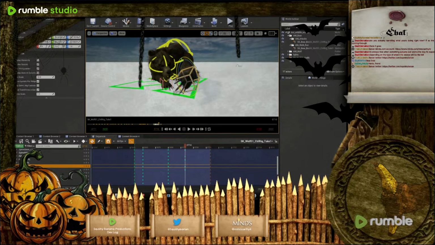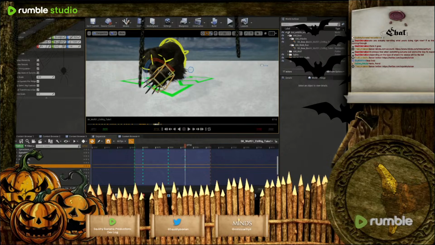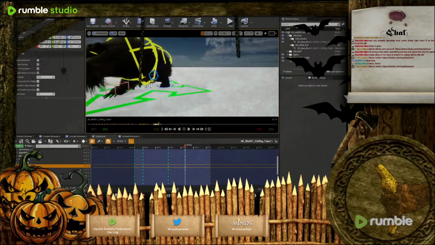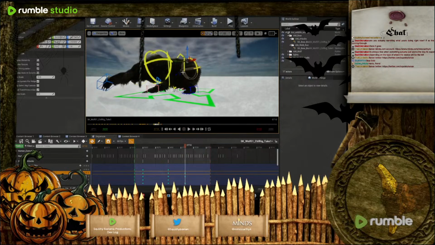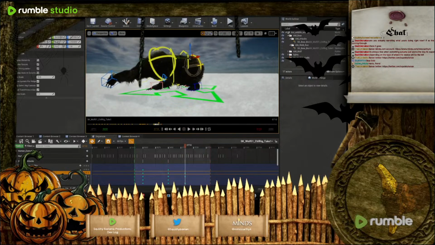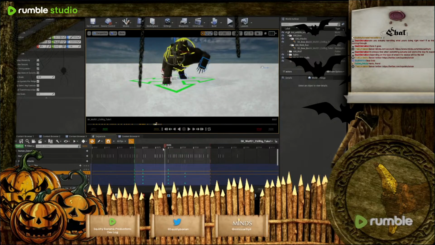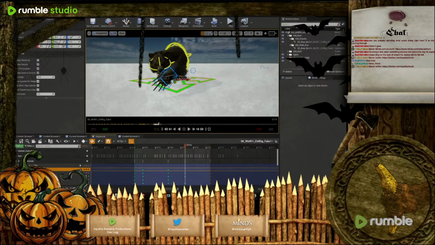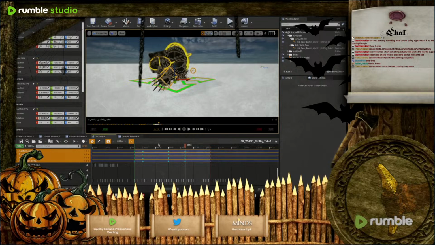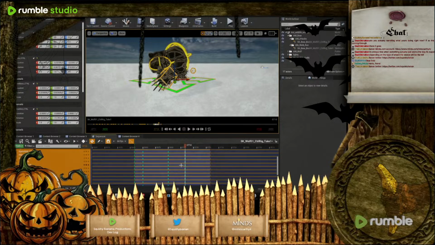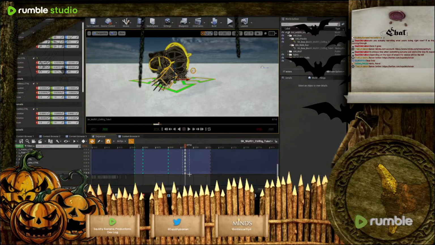Now that I'm more familiar with the rig, this one just is way faster to do. Really want to push that a bit farther this way, please. There we go. Excellent. So then we can take this